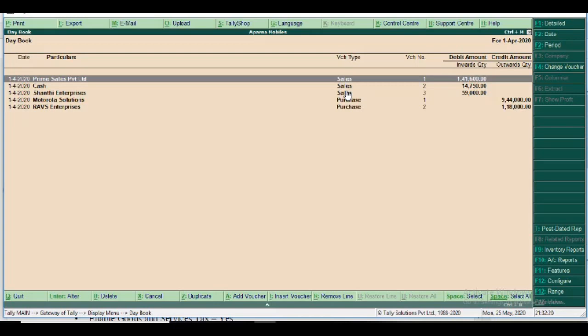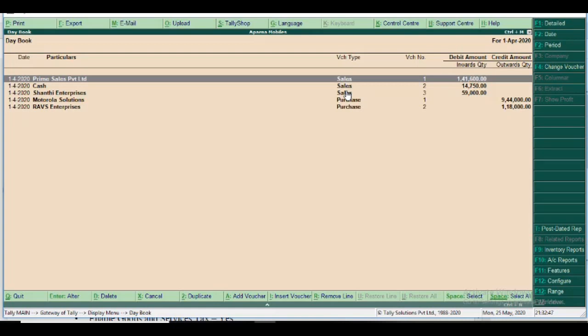So here, how to print our sales invoice, or how to export our sales invoice, okay. Please write in your notes how to export or print sales invoice.